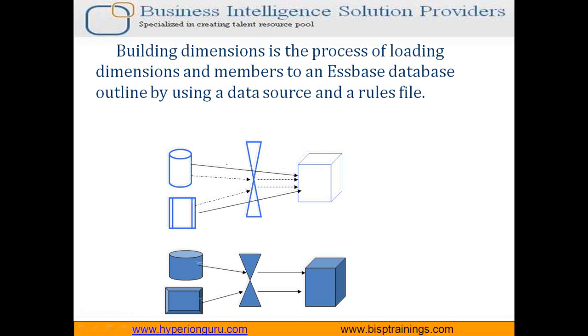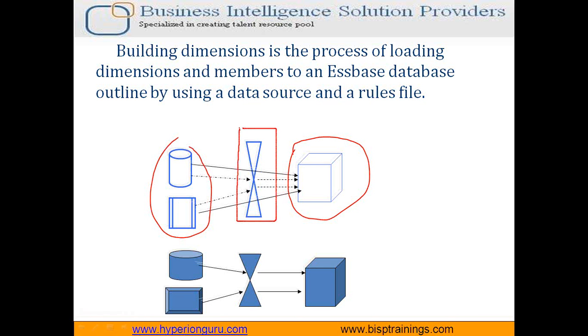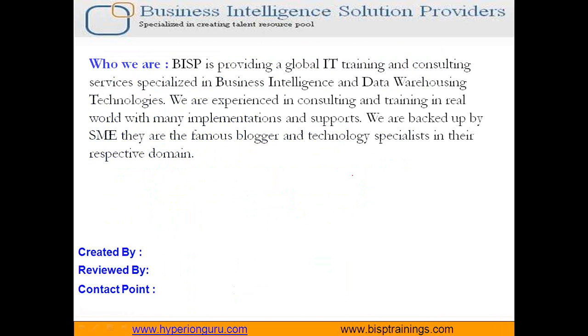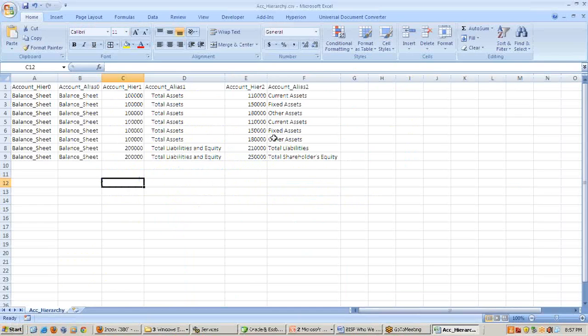As we discussed in the previous classes, load rule files map my data source to my Essbase cube. The metadata which we receive from the business may not be in a format that can directly be loaded into the Essbase cube. Therefore, we require a load rule which defines the rules to load the metadata into the Essbase cube. So a load rule may work as a mapping file or filter your metadata from source to target, right? So